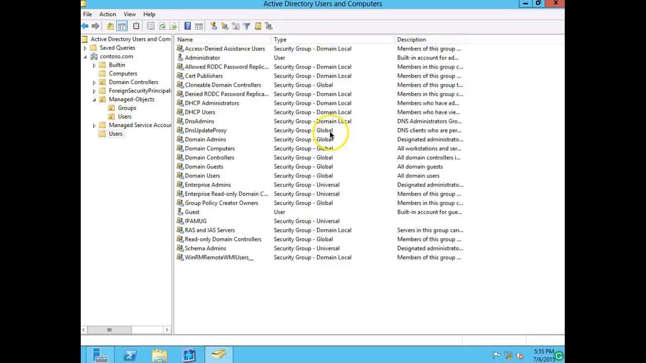If it's a global group, it only applies to your domain. If it's universal, it can apply to all domains across the forest. So enterprise admins is a group of people with almighty power, just like domain admins, but they can control all the domains in the forest, unlike domain admins who can only control the domain that they're a part of. All right. And then you don't see any here, but the other group is